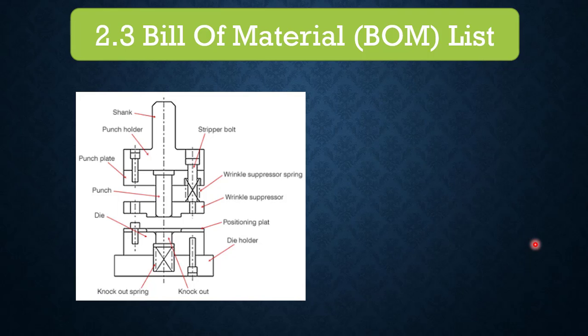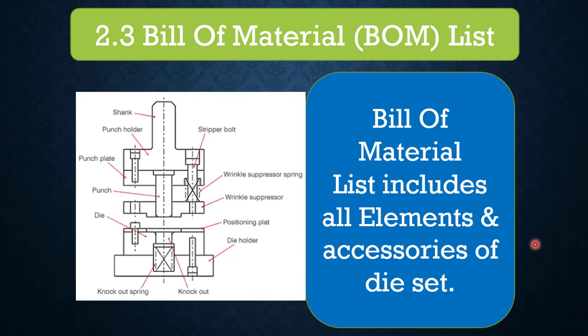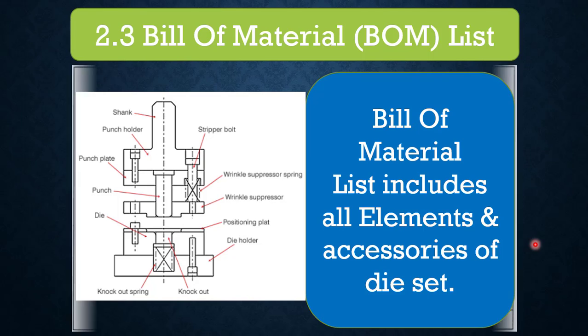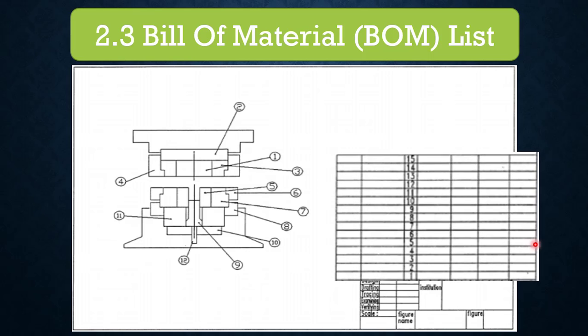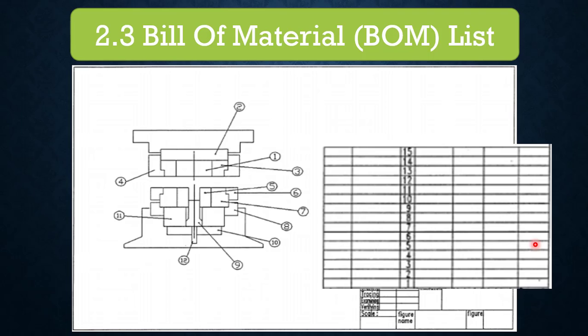These are high level information and we need each and every part of the die elements to be mentioned for complete manufacturing of the die, and that is the item which we call bill of material. That includes all elements and accessories of die sets. As you will see in the die drawings, there are call out numbers starting from 1 to many numbers, depending on the die size, and on the right side there is a tabular column starting from the same number system from bottom to top, with many empty cells where the details get filled.